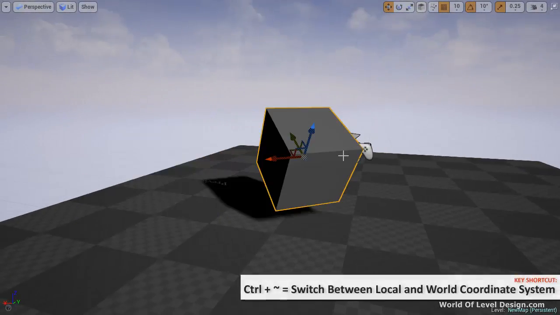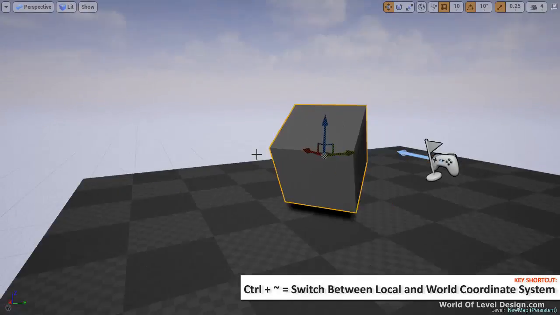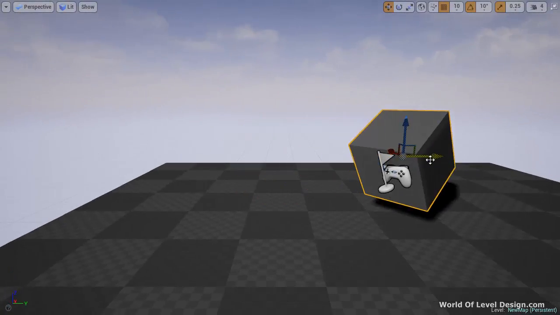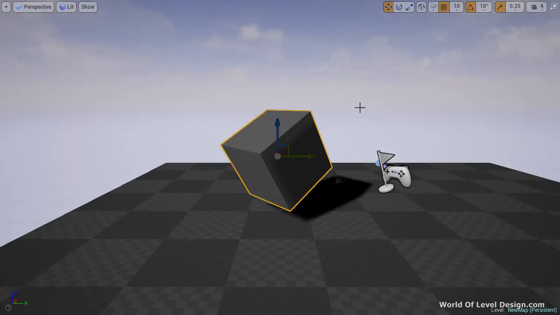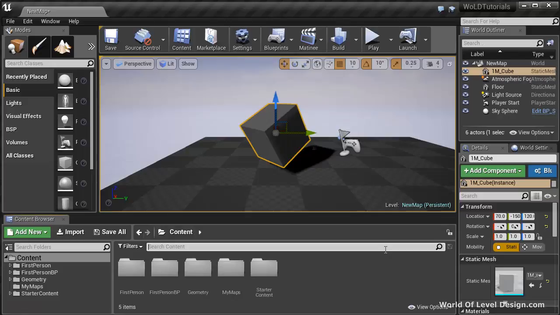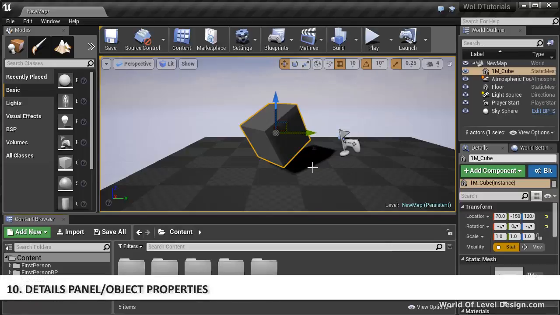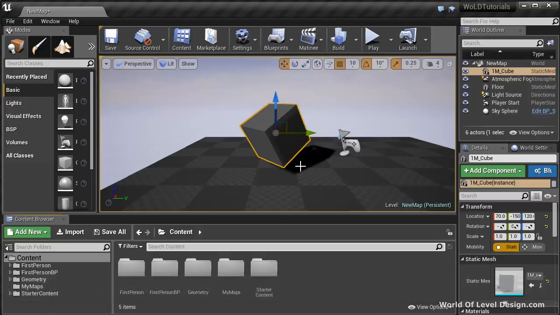The shortcut key is Ctrl-tilde, and you'll be able to switch between world and local. And again, most of the time you'll be working with world coordinate system, and you'll change this to local on case-by-case basis. Each object you select inside the perspective viewport will have its own details panel or properties